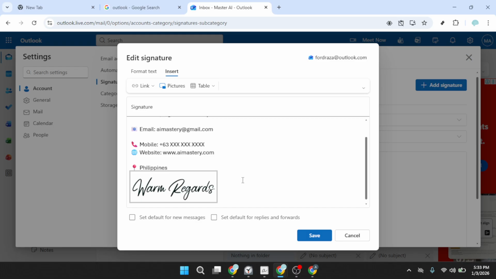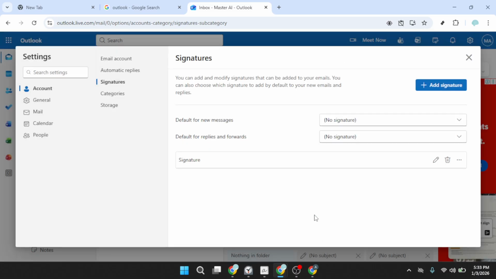When you're happy with how everything looks, click Save. Your new signature is now ready to use, and the animated GIF will appear in your outgoing emails based on your signature settings. That's it. Your Outlook signature now includes a clean,